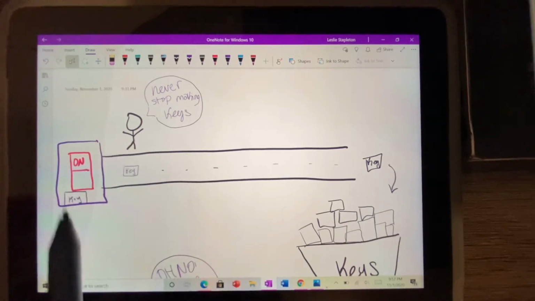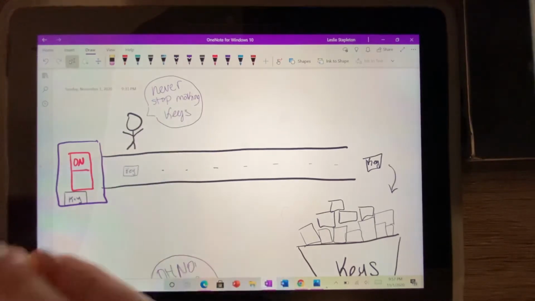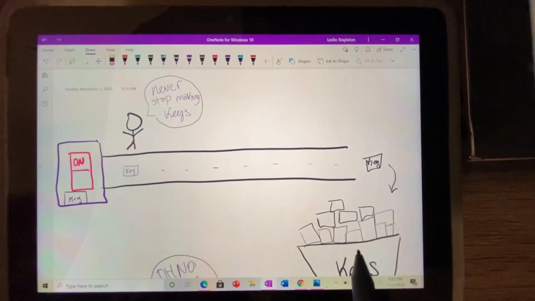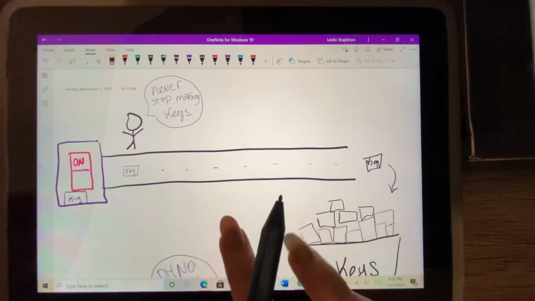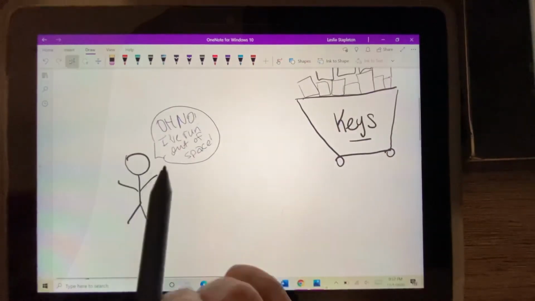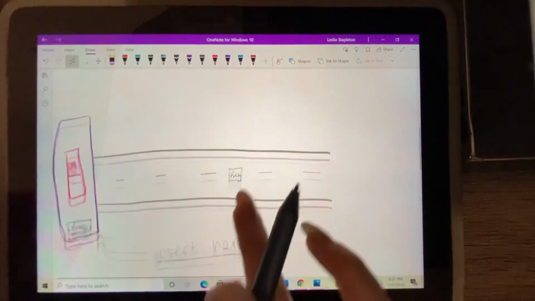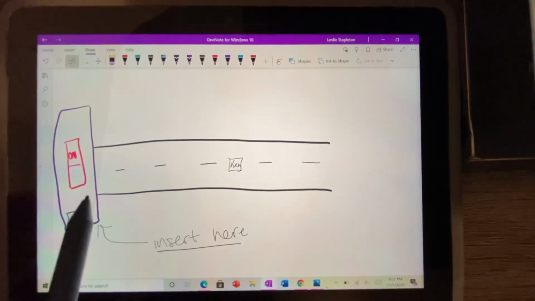So this little factory worker never stops making keys, no matter what. He just keeps on making keys. He's got an assembly line that does nothing but make multiple keys. It's always on. But then he realizes, oh no, I've run out of space for all these keys. So he notices on the